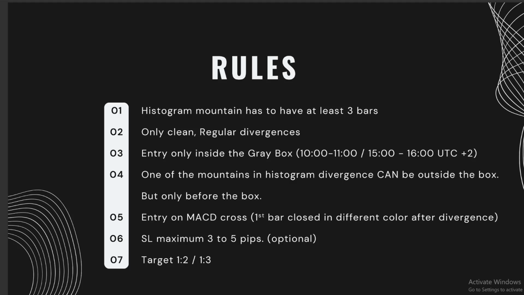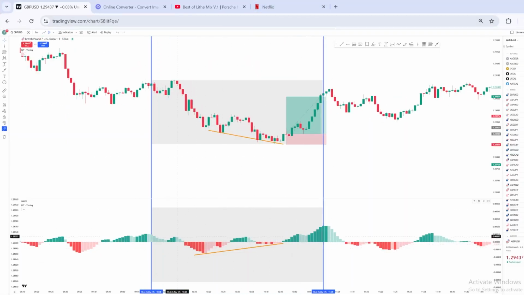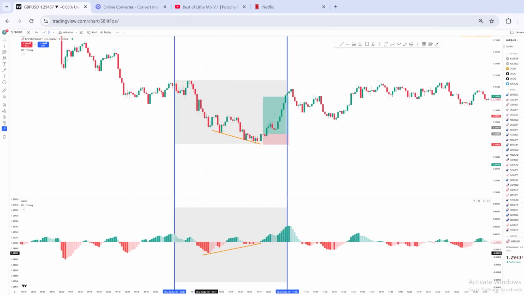So the MACD histogram mountain, I call them mountains. Okay, so this is a mountain here and an iceberg. So the red ones I call icebergs and the green ones are mountains. Okay,